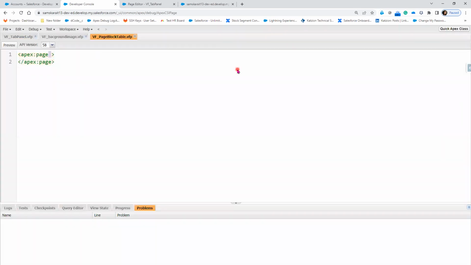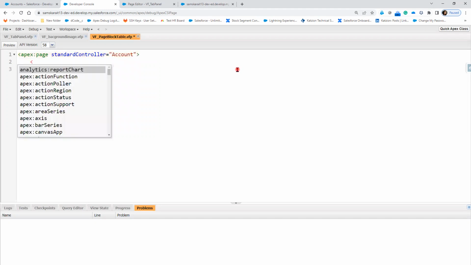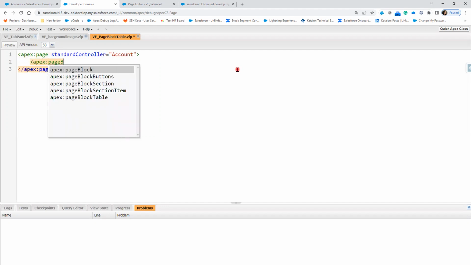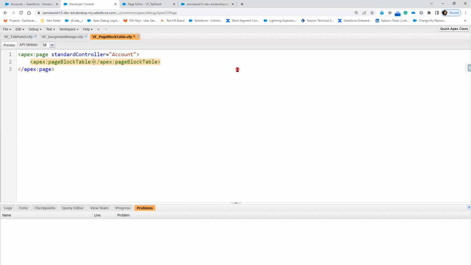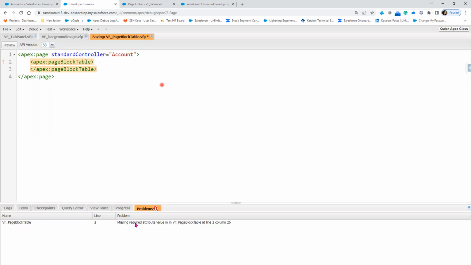Now I'm going to display the account details. So I'm going to use the standard controller equal to account. Within this, I need to use the apex colon page block table. Now if I try to save this, it is saying that it is missing a required field, right? So it has some required field. Now value equal to,